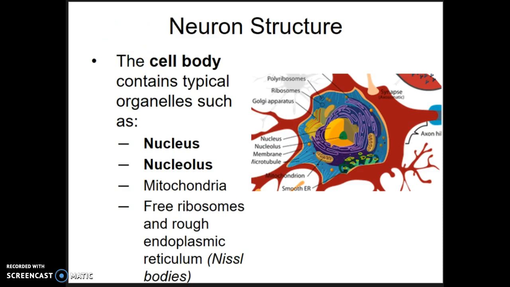So we have our typical cell body and we have our neuron cell body, and actually they're pretty similar. You've got your same old structures. You've got your nucleus, you've got your endoplasmic reticulum, you've got mitochondria. You should have a lot of mitochondria because it is energetically expensive to make all of this neurotransmitter and to fire all of these action potentials that we're going to talk about. Lots of ribosomes because, again, most of our neurotransmitters